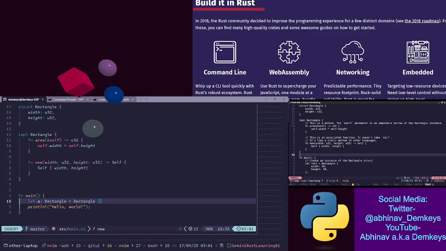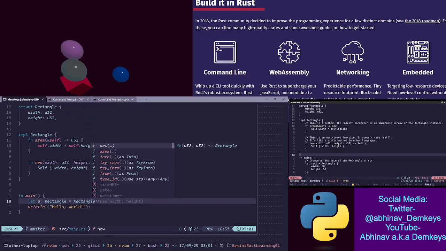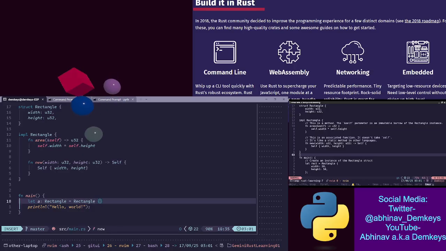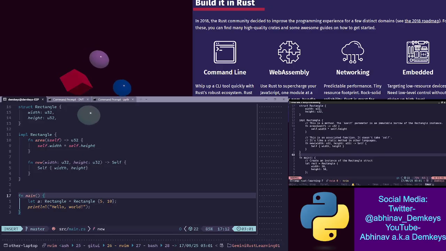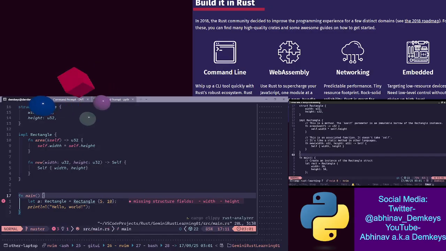I don't remember if this is exactly how it would be done. Hold on. Let's try this. Okay, 5 and 10. And let's save this and see if we get an error.